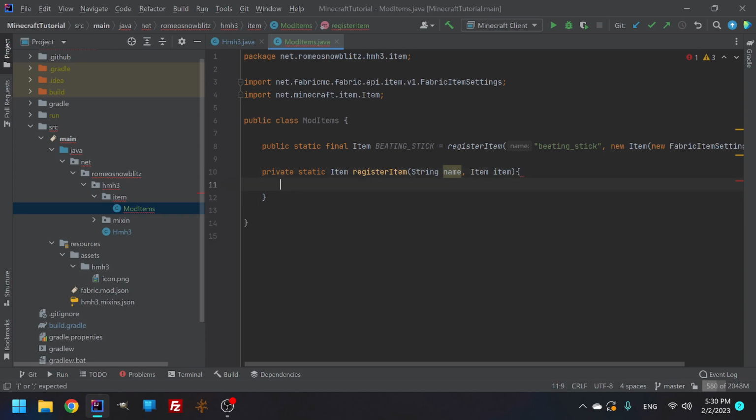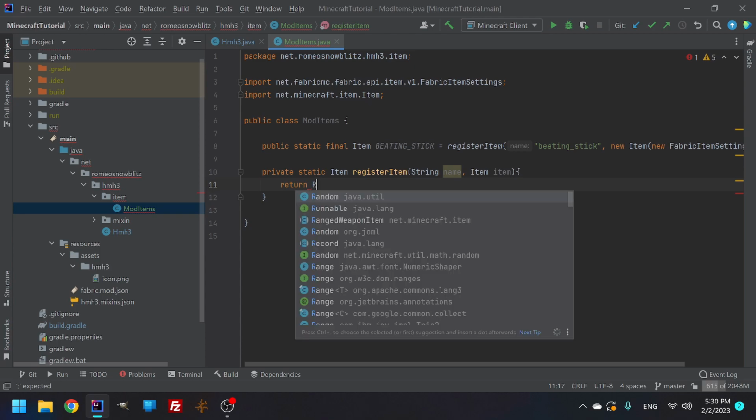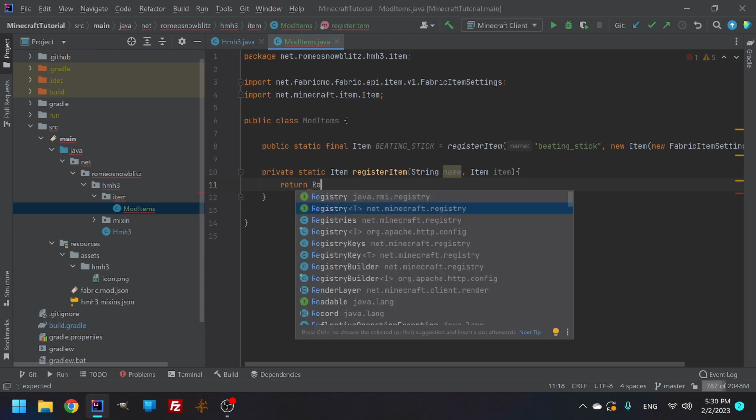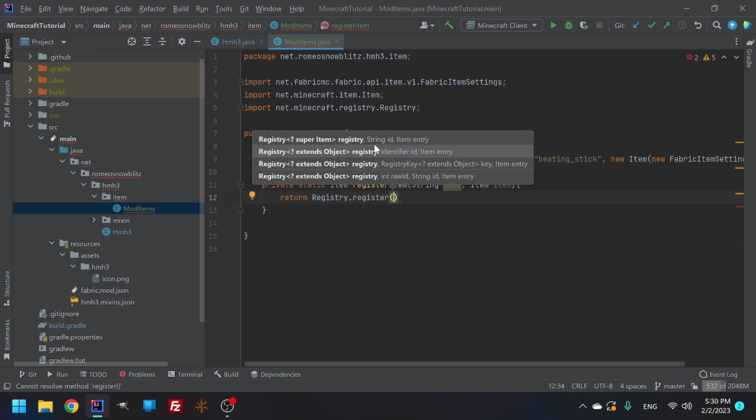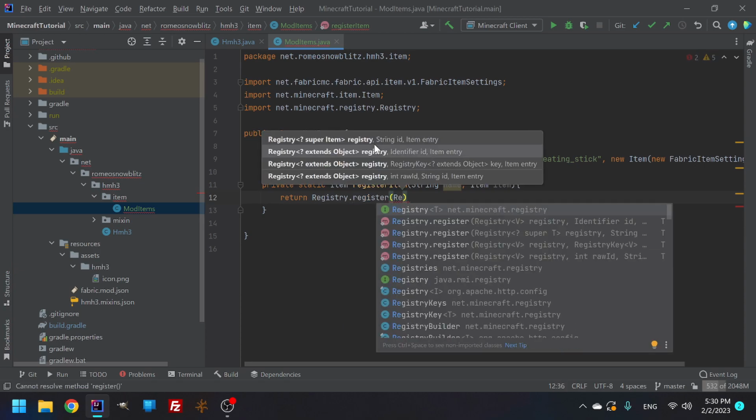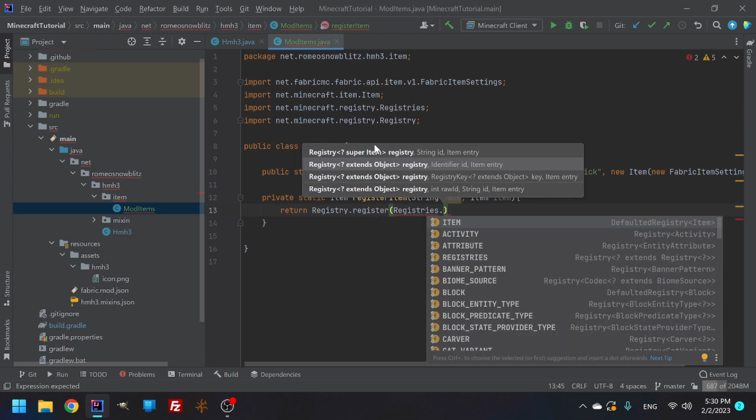From here, we are going to need to register this. So we're going to make a return statement. So return registry. Make sure it has the T on it. Don't do the RMI, do the Minecraft registry, because we're coding Minecraft stuff. Then we're going to do dot register, and then from here we're going to do registries dot item,